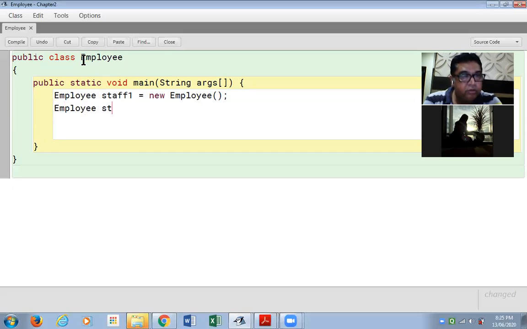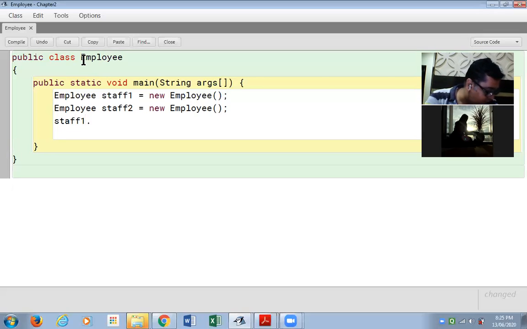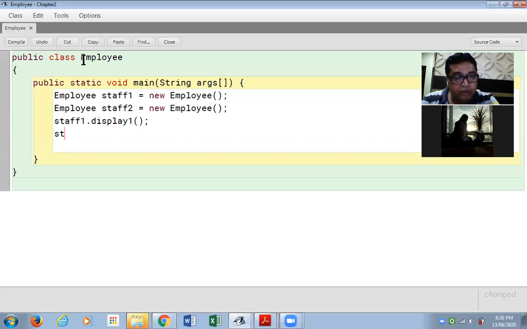Employee class, staff2 is the second object. Two objects we have made. Using the first object, I am calling the function display1, and using the second object, I am calling the function display2.